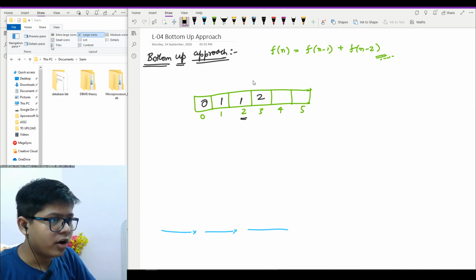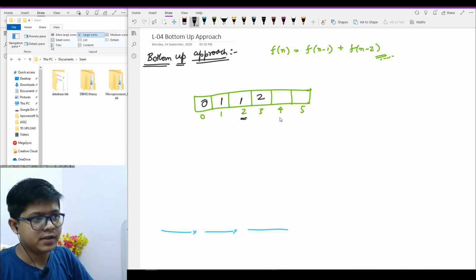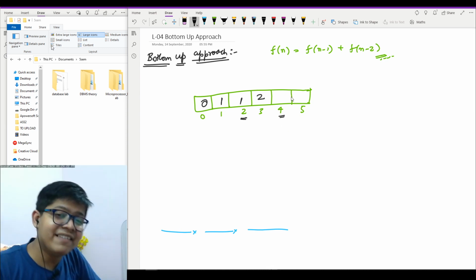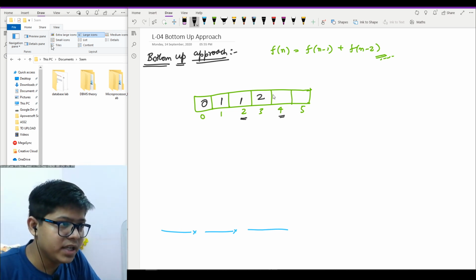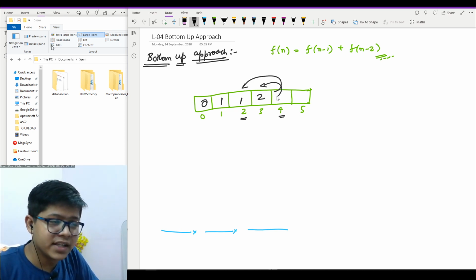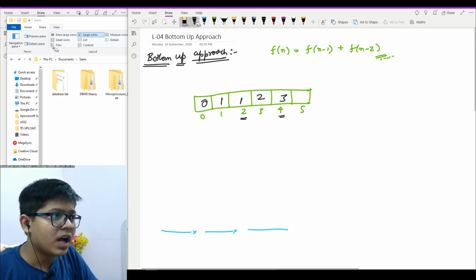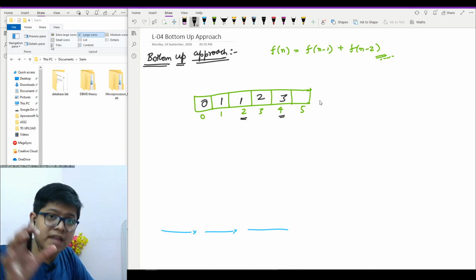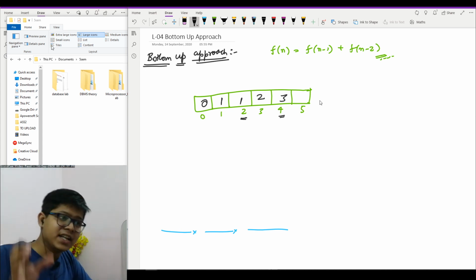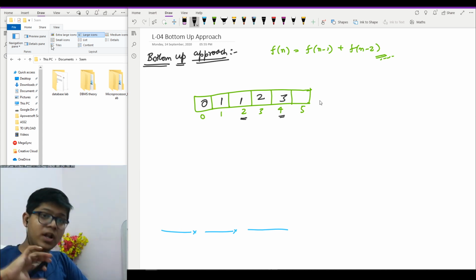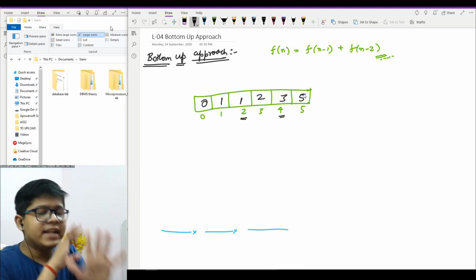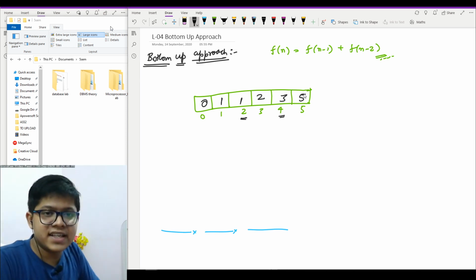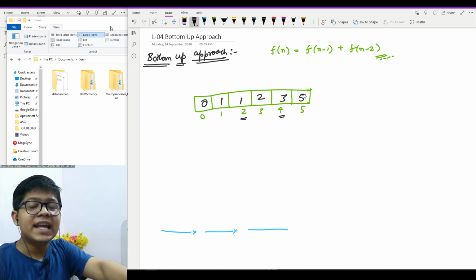Now for our next Fibonacci number, which is 4, I will take 2 and 3, the last two numbers, so it will be 2 and 1. The addition of 2 and 1 is 3. Cool. Now I have my 5. For 5 I will take 4 and 3; for 3 the answer is 2, for 4 the answer is 3. The summation is 5. It's a very basic example just to show you that in the bottom-up approach,